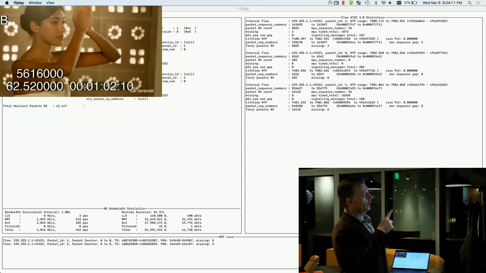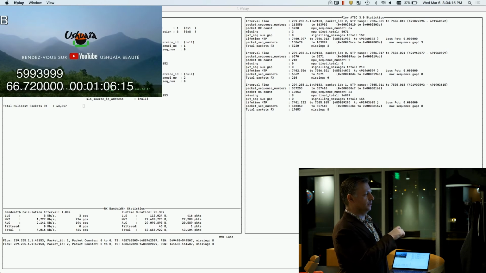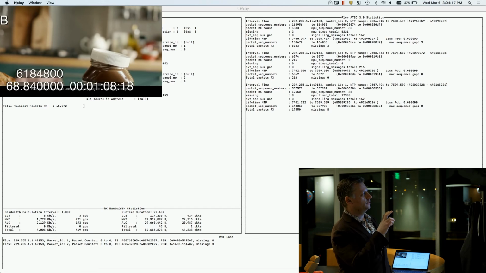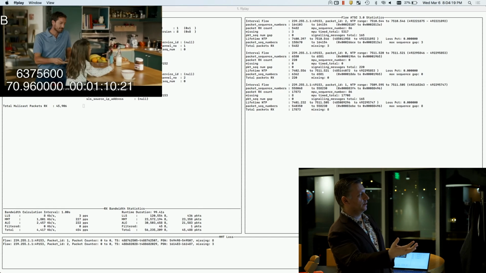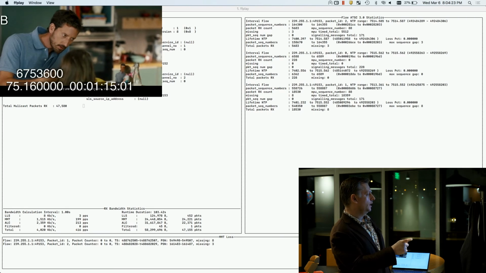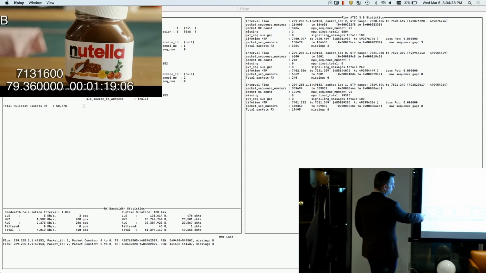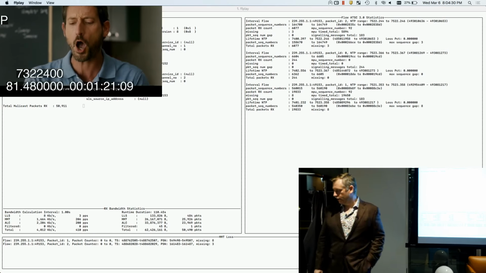MPU is built for a live linear distribution use case where your latency is measured in milliseconds, and you cannot go out to a content delivery network to request the missing fragments of data that come through here. This one's a lot lighter in its distribution. It's only 400 packets a second.